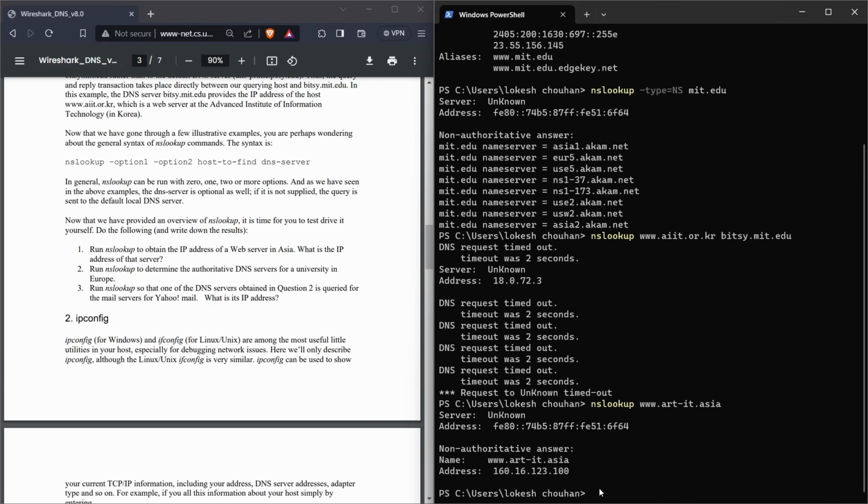Okay, so now the second question is saying to run nslookup to determine the authoritative DNS server for a university in Europe. So in this we have to determine the authoritative DNS server of some website in Europe. Okay, so now I am writing the command nslookup, then type equals ns. Okay, and now I'm writing the Cambridge University's website